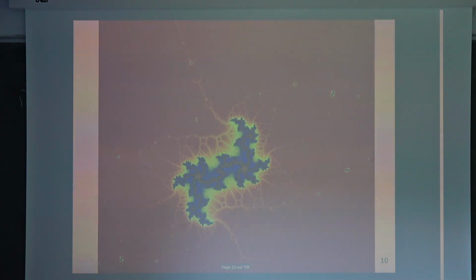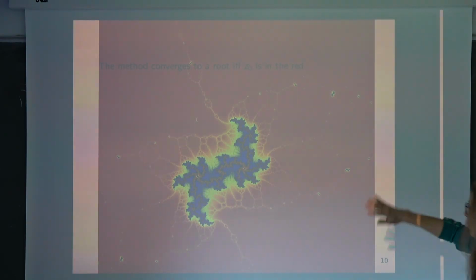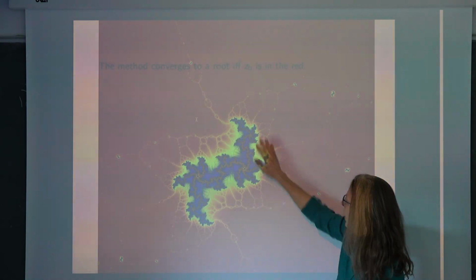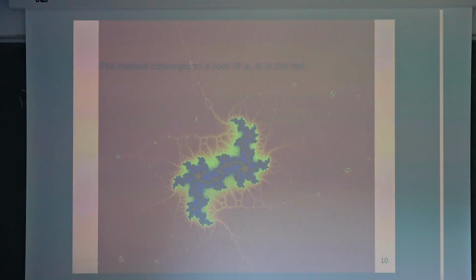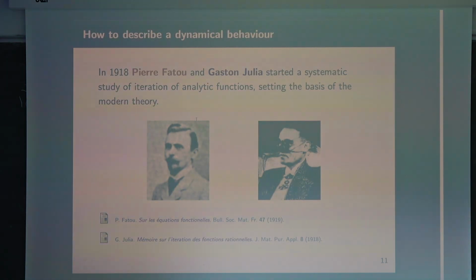Okay? And this is the same picture, but you see that in the red, you converge to a root, and in the complement of the red, you see the speed, so you have a lot of colors, but there should not be color outside. This is a computer picture. So you see that the set, which is bad, is really strange, really complicated. Okay, it's not nice at all. Okay. So it seems very complicated to understand, to have a global picture of what is happening. And since that time, nobody could understand.